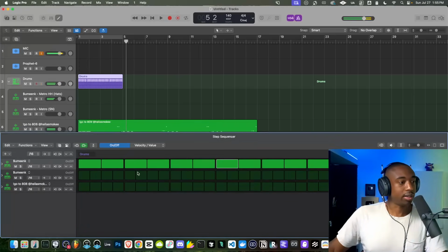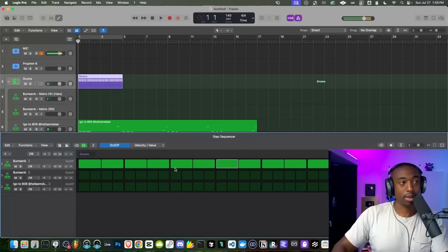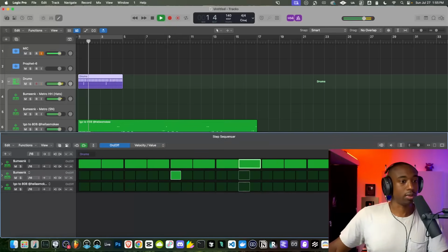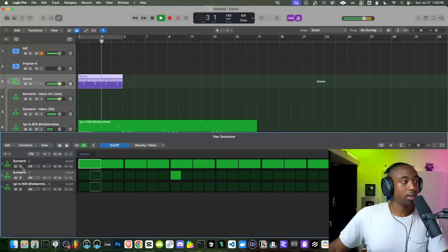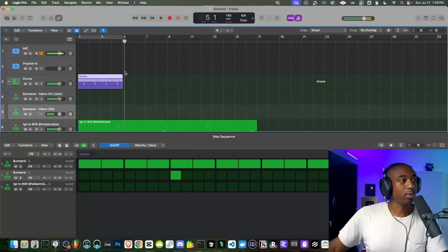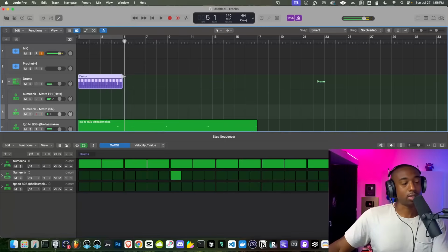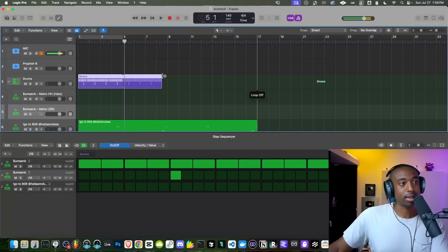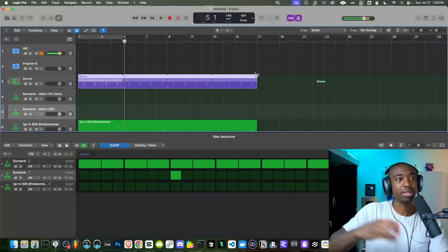All right, now let's add our snare. The snare is going to go on the 3 count and the 7 count. So it's 1, 2, snare, 4, 5, 6, snare. Now, if we want to loop this, just grab the left here, top right, I should say, and then drag it all the way out. So it just repeats itself.